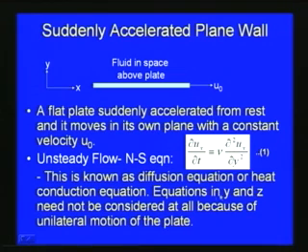Equations in y and z need not be considered at all because of the unidirectional motion of the plate. Here we consider only the equation in the direction in which the plate is moving in the fluid. So, we do not have to consider the y and z components, and the Navier-Stokes equation is in the form of equation number 1 here. Now we have to derive an analytical solution, for the simplified form of the unsteady case of this problem.